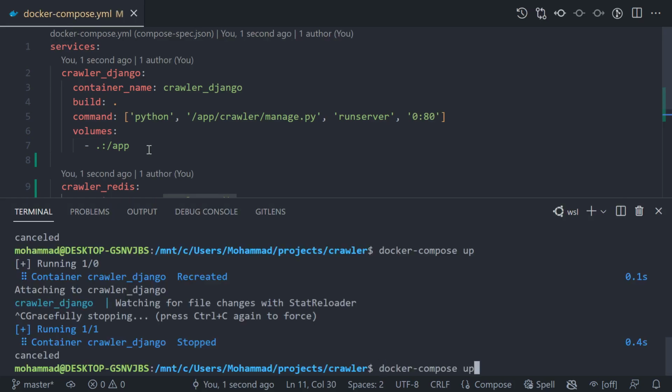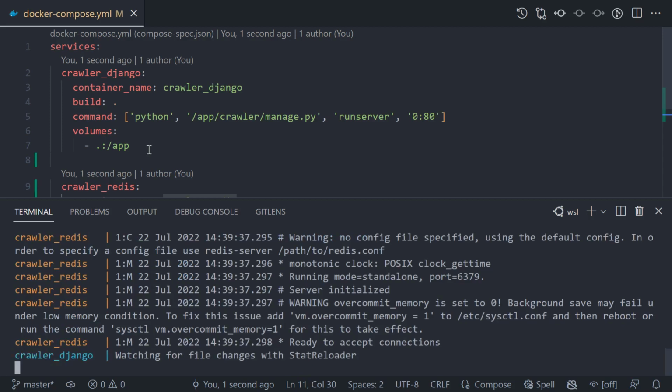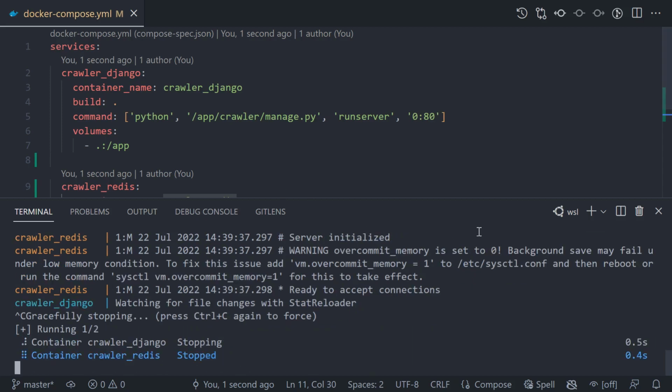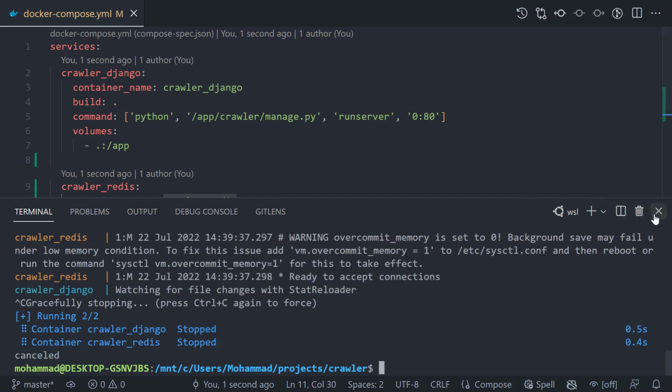So let me check if everything is working correctly. Okay, so Redis is also created,